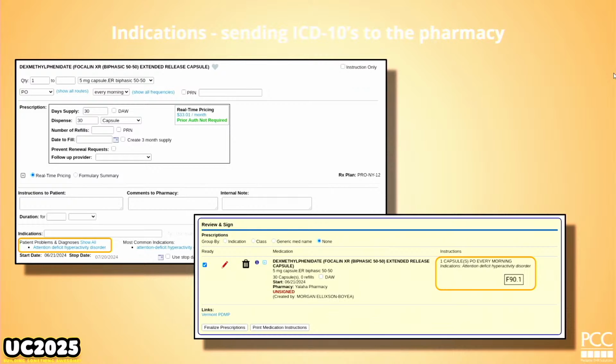You can select any indication that's available here. These are pre-coded with ICD-10 codes. If you love configuring this, I'm really sorry to tell you, you don't have any control over this. It will be a very high-level ICD-10 code, and this will go to the pharmacy. When you hover, do you see that's what I was going to say. You have to hover over the indication to see the secret code. So it shows the indication, and I have never tried to hover, but the pharmacies, they're saying they're not getting it? Yeah. Okay. And so then they make us write in the notes F90.1. Okay. So it is the F90.1 that you're sending.